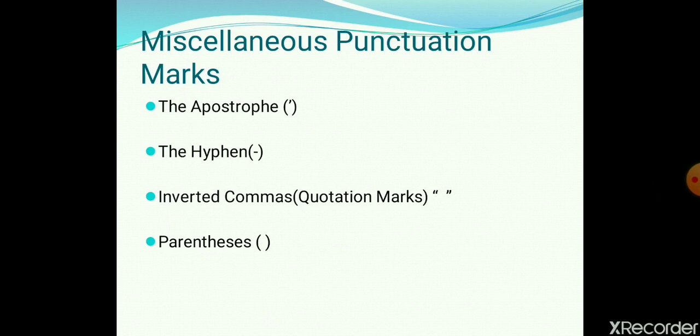Before knowing about the apostrophe, let us first understand its definition. What is an apostrophe? An apostrophe is a punctuation mark that looks like a comma, but we place it above the line of writing. So what you have to understand here is that the apostrophe is placed above the line of writing. Is it clear? Because it looks like a comma, but it is not a comma. So this was about the definition of the apostrophe. So let's begin.